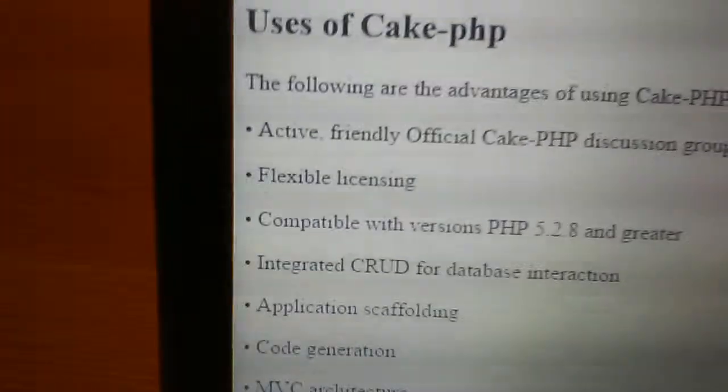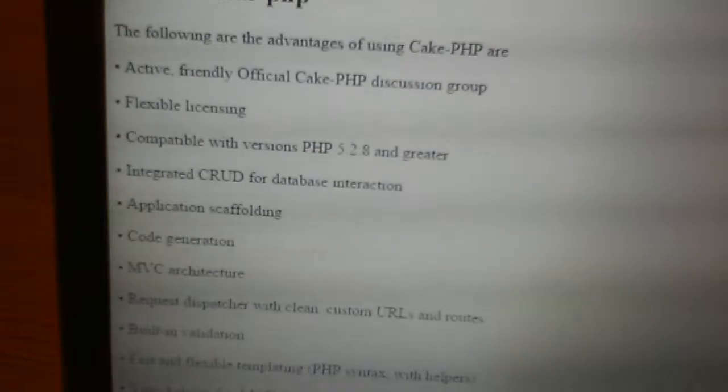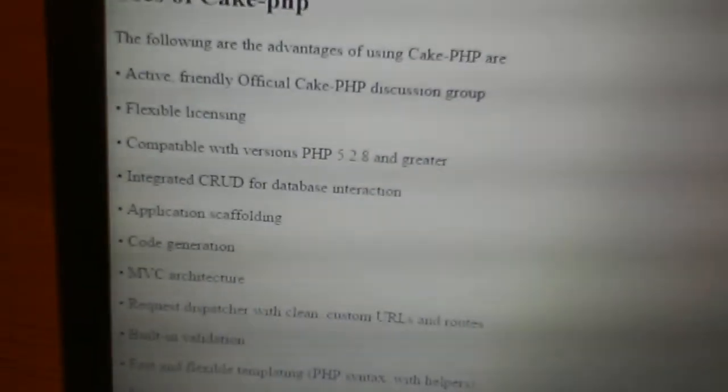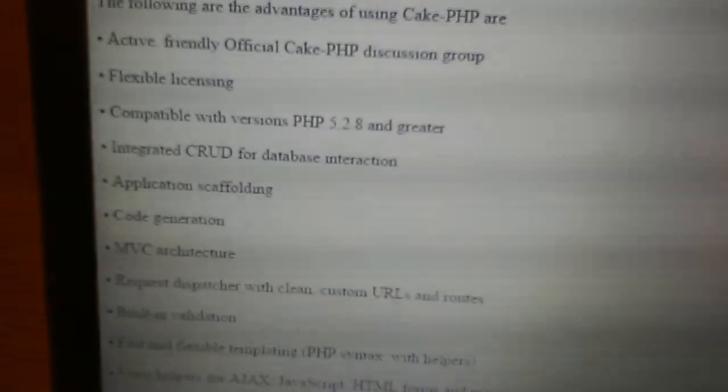The first and foremost advantage of using Cake PHP is its very active, friendly, and official Cake PHP discussion group. It has flexible licensing, and it is also compatible with PHP versions 5.2.8 and greater.